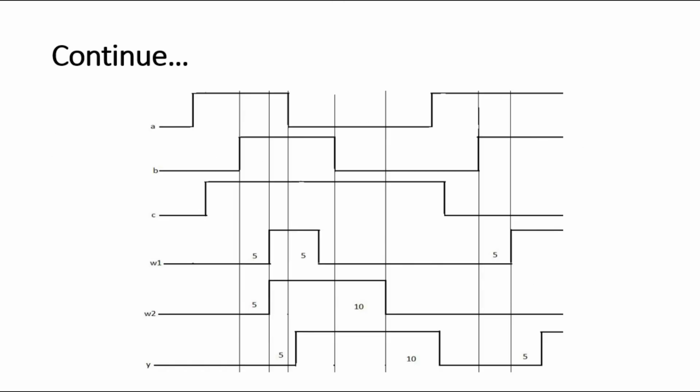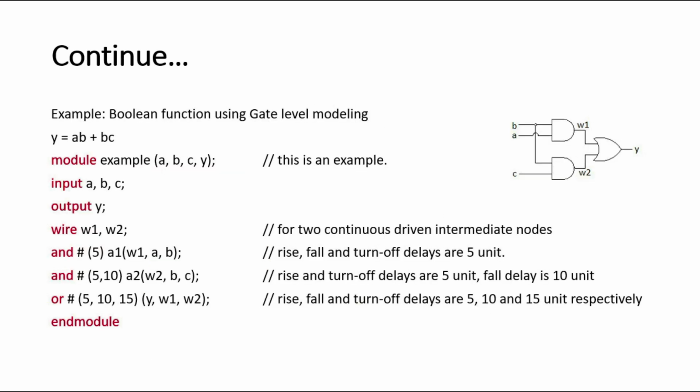For more clarification on the delay concept, we have presented input and output waveforms by considering the delay values. The input signals are A, B and C, and these are pre-assumed. The logic low is at value 0 and logic high is at logic 1. Therefore, rise and fall delays are applicable here. These waveforms are drawn for this example, Y equals AB plus BC.